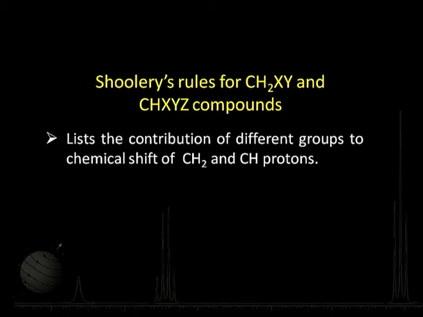That listing is there, we will share that with you, and from those listings the chemical shift for a given proton can be worked out by the following formula, wherein delta H equals 0.233. This basically is the chemical shift for methane, plus sigma sigma i. The sigma i's are the contributions of each of the substituents we are going to talk about. We will do some examples on this.